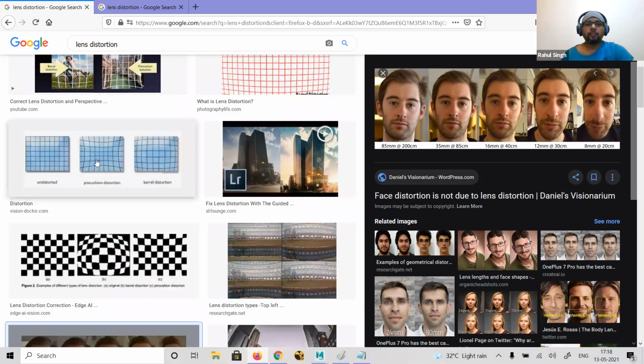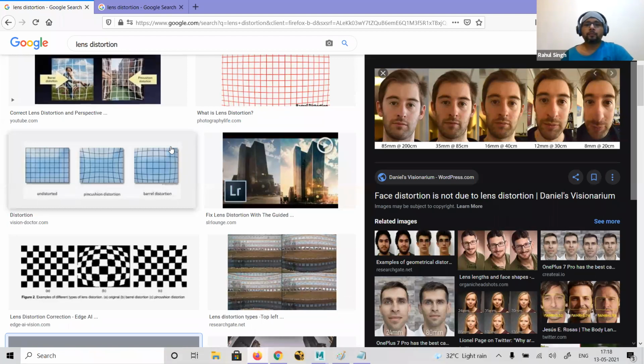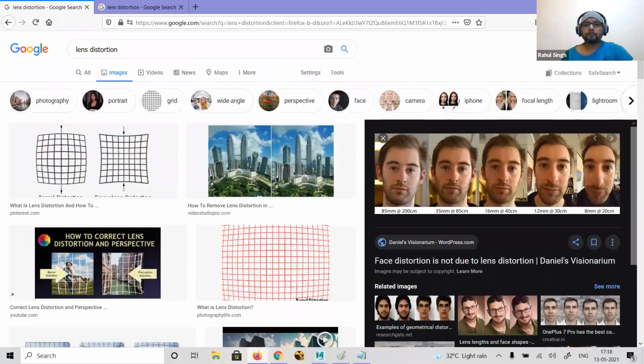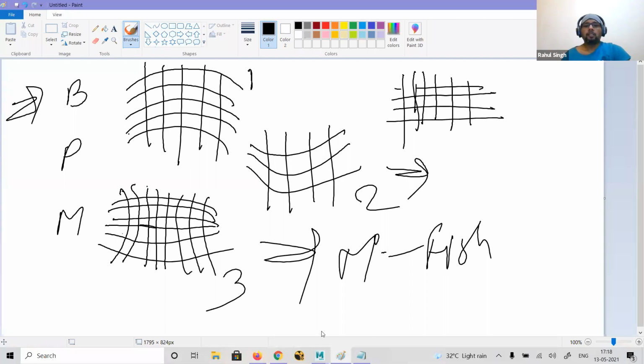You can see this is the undistorted. This is the pin cushion, you have this type of line. There is a barrel, meaning bulging out, right? That is the barrel, and a combination of these two gives you the mustache. Okay. Same way, lens distortion is there in each of these. Mustache you will get very seldom. Maximum you will get is barrel and pin cushion type of lens distortion.